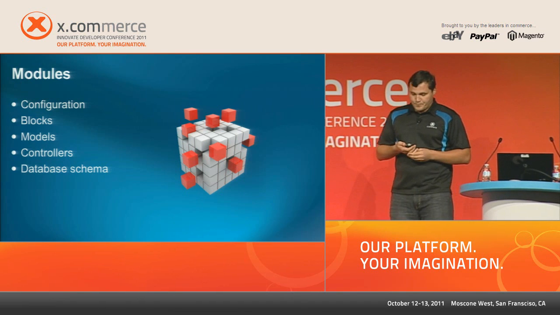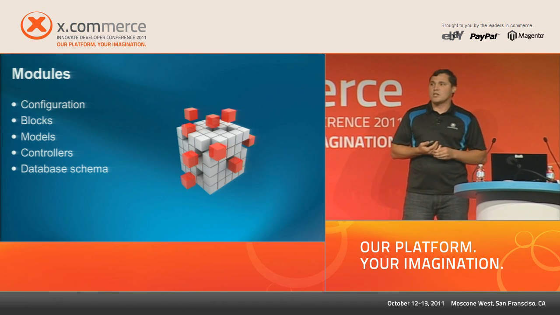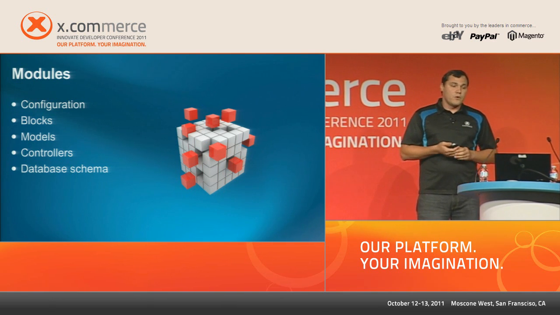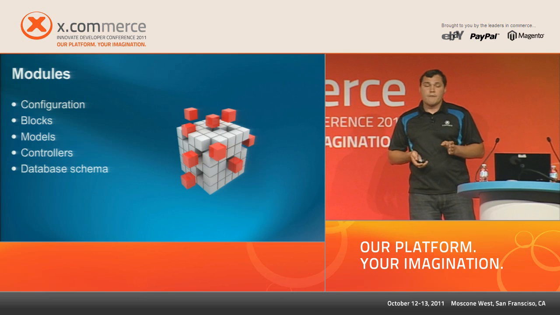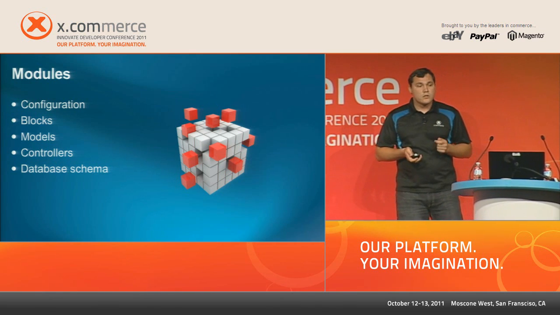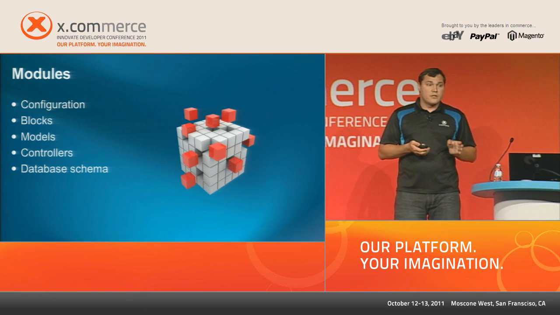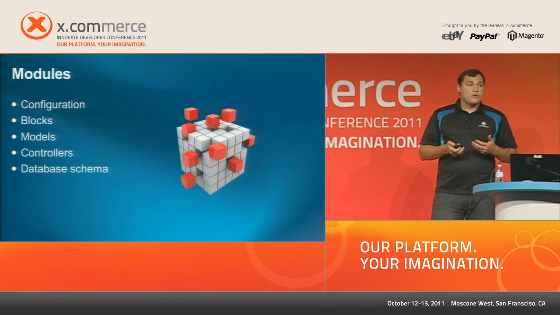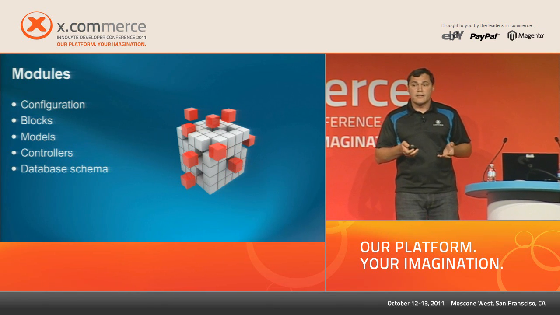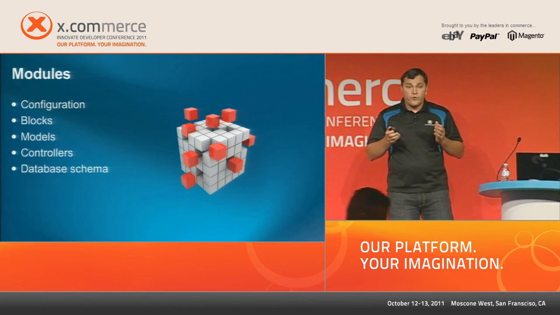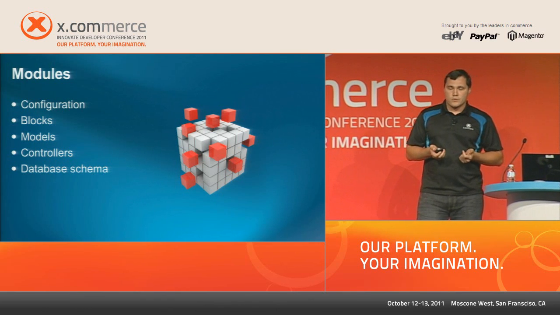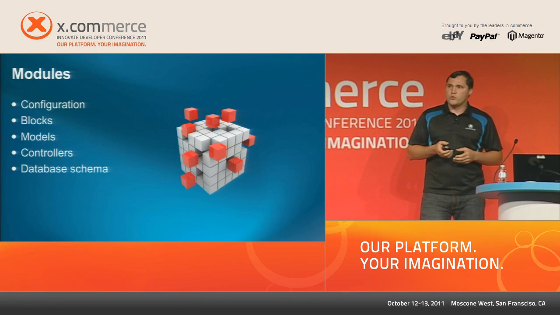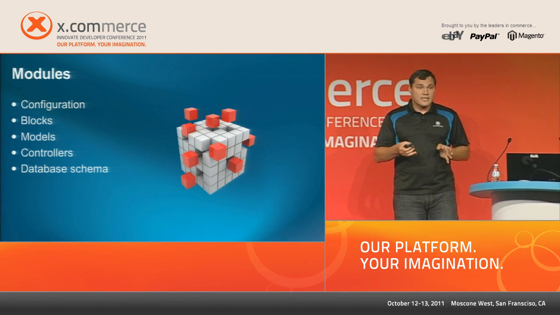Magento module. Magento module structure is really simple, and it includes a few key points. Each module usually has configuration, blocks, models, controllers, and database schema definitions if necessary. Configuration's responsibility is to define the module version and the dependencies between your particular module and other modules. Also, in configuration, Magento provides the ability to identify your module's extension points and